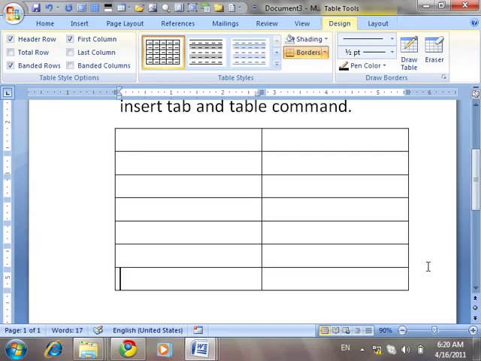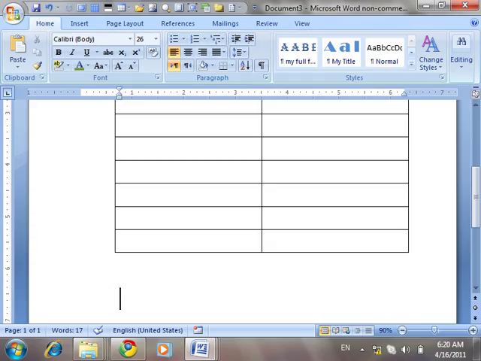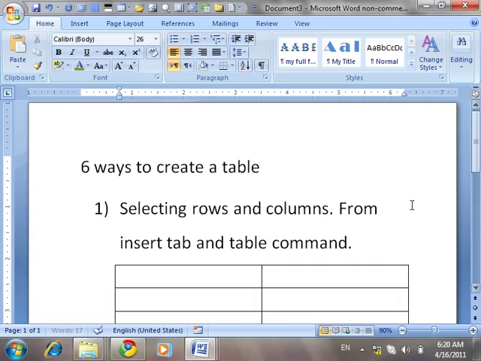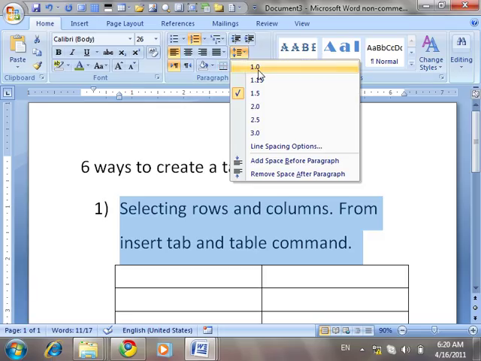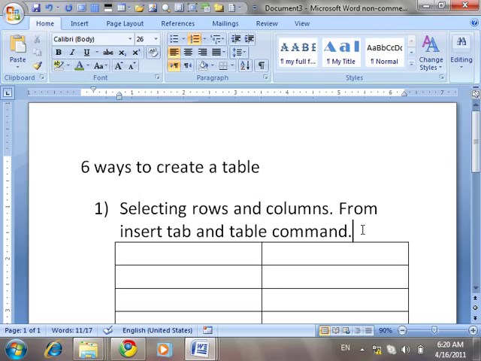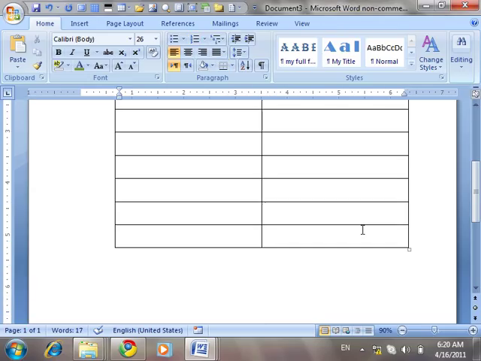Okay, second one is, I'm also going to tell you the keys which you're going to use in our table. That is the next topic, but right now first of all we should know this thing. Okay, that was the first way. Second one